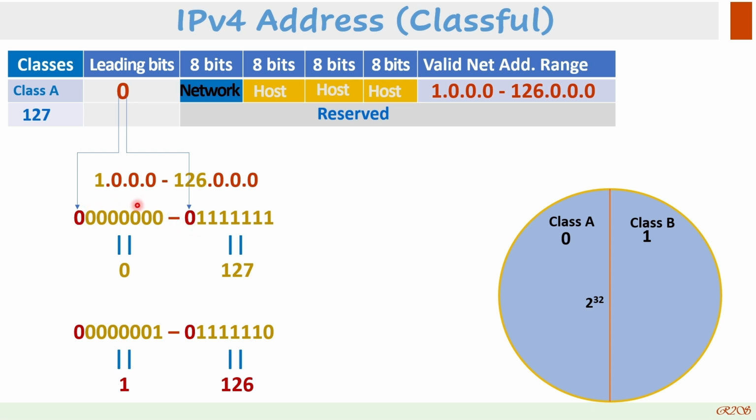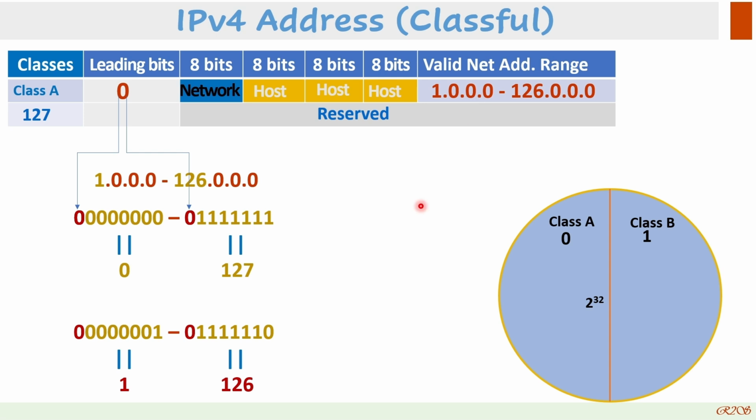That means the other bits could be 0 or 1. If all 7 bits are 0, it's 0, and if all 7 bits are 1, it's 127, and 127 is kept reserved. So the number before 127 is 126, and 1 to 126 is the valid network range for